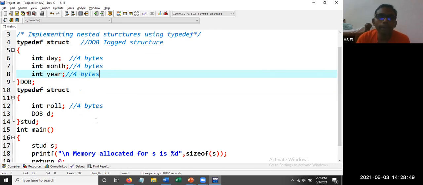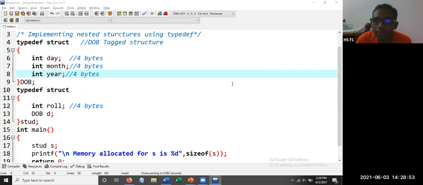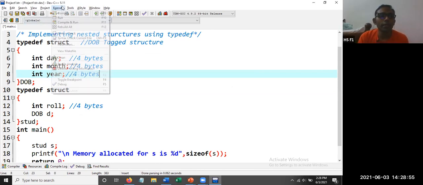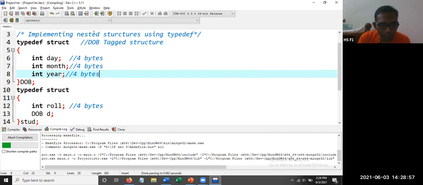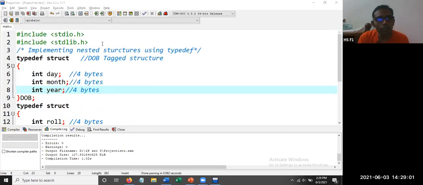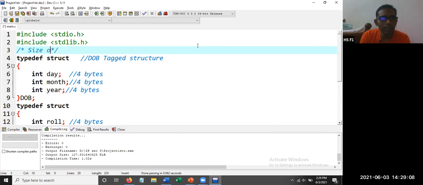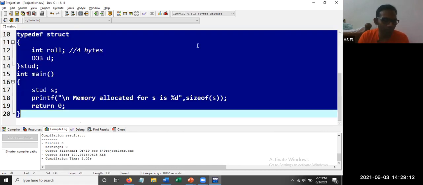Any doubt here? 16 bytes. Let me execute again and see whether we are getting same 16. Yes, 4 plus 4 plus 4 plus 4. Very good. So this is size of a structure, or nested structure, whatever you call it.